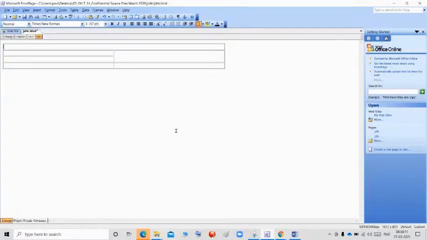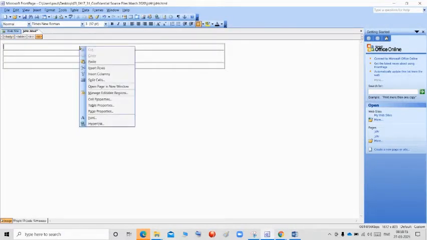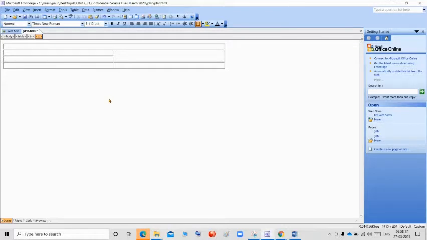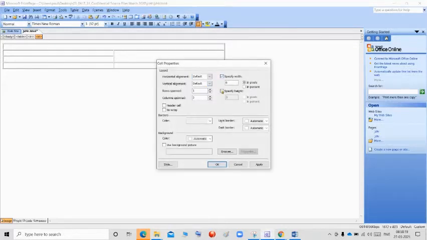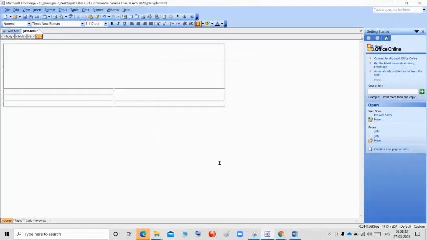Go to the front page and select the first cell. Right click your mouse, go to the cell properties and select the width and height. In the first row they are giving 1000 and the height should be 200. You want to be very careful whether you are giving pixels. Click apply and click OK.